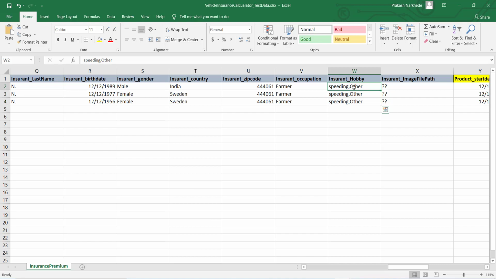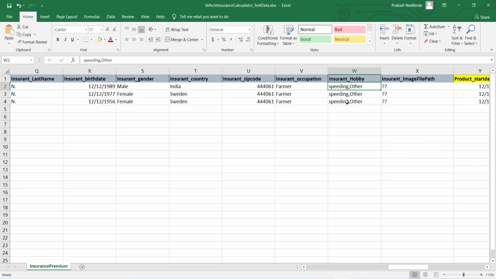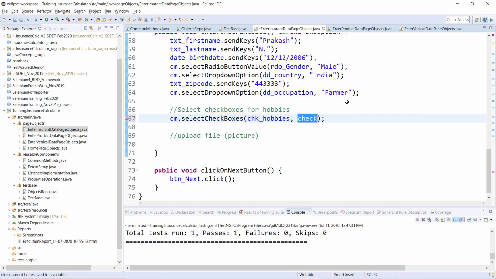So for example, if I pass this as a string, because we are getting comma separated values, could be one or more than one, let's say I'm simply passing some data like this: speeding, comma, auto. In my actual method, I need to split this data based on the separator, which is comma in my case.